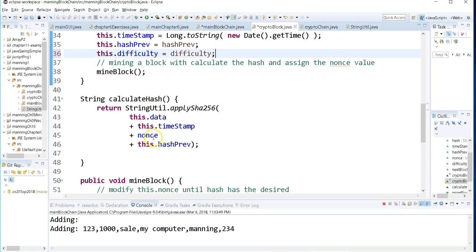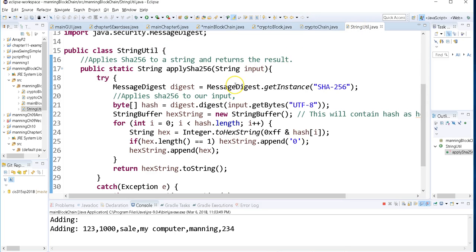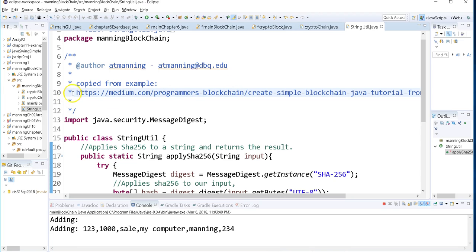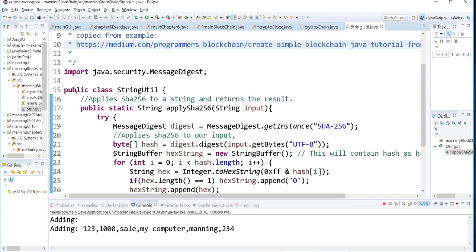In order to calculate the hash of a blockchain, as I was looking at the example code, they had given us the actual code for this utility that helps to calculate the hash, or an encryption, of my data into a unique string of characters. And rather than write that code, I'm going to take that code, put the proper citation of where I got the code, so I'm not doing code plagiarism, and I'm using that code,